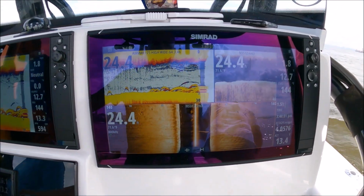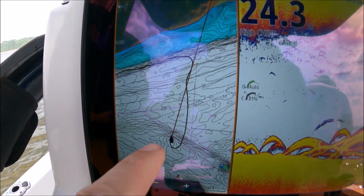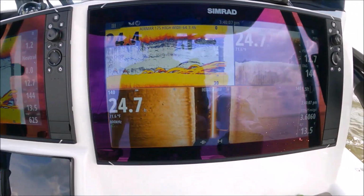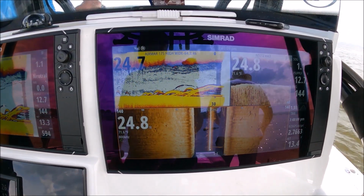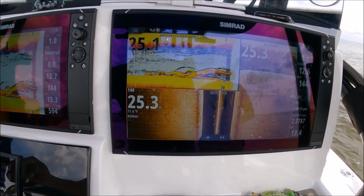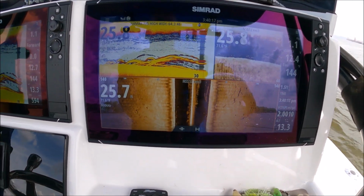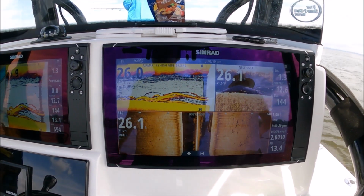Sign of life, first sign of life. And we came down, crossed the mouth of the river channel. Bam, stacked up. All right, guys, you can see we came across a school of fish. Pay attention how they're kind of off the bottom. I drop off a plane, we're drifting now, and you can see as we're drifting, those fish get pushed to